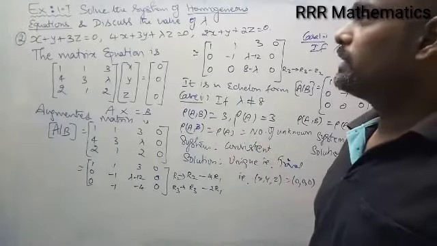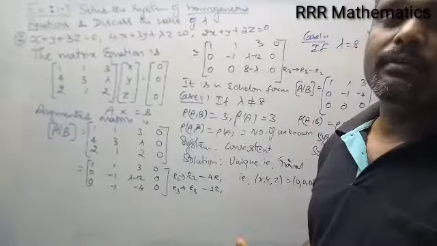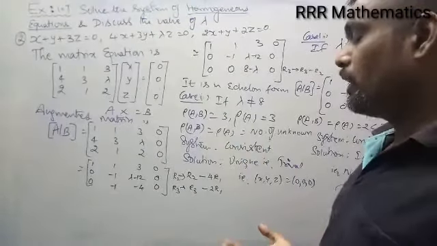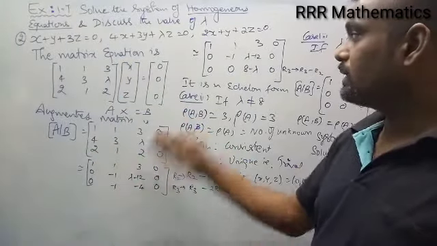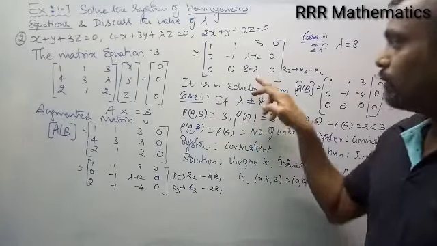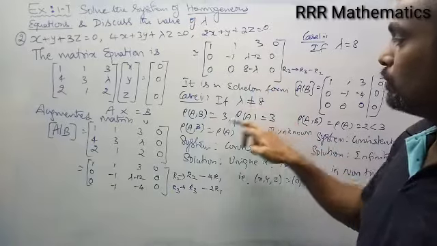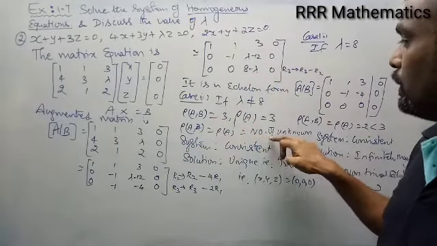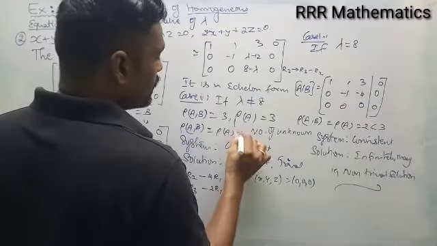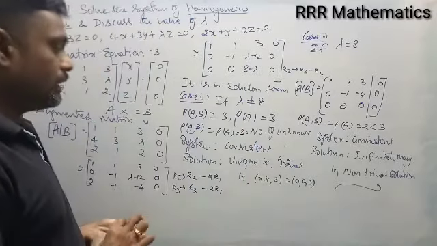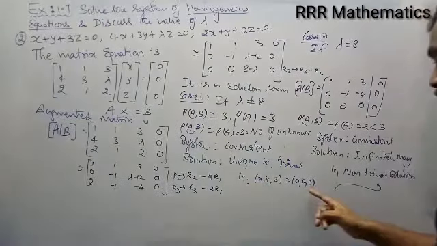Here we solved the system of homogeneous equations and discussed the value of lambda. Since it is a homogeneous equation, we discuss a maximum of two cases. One is unique, that is trivial. The other is infinitely many solutions, that is non-trivial. We are not going to discuss no solution. So first the matrix equation, augmented matrix, echelon form. I am getting lambda in the last position. When the A33 position is not equal to 0, the rank of A comma B equals the rank of A equals 3, which equals the number of unknowns. Therefore the system is consistent and gives a unique solution, the trivial solution 0, 0, 0.